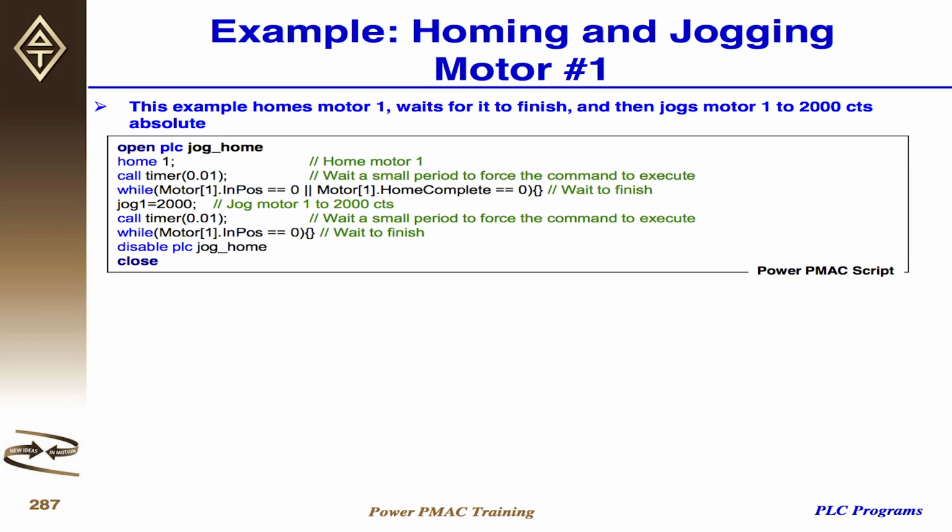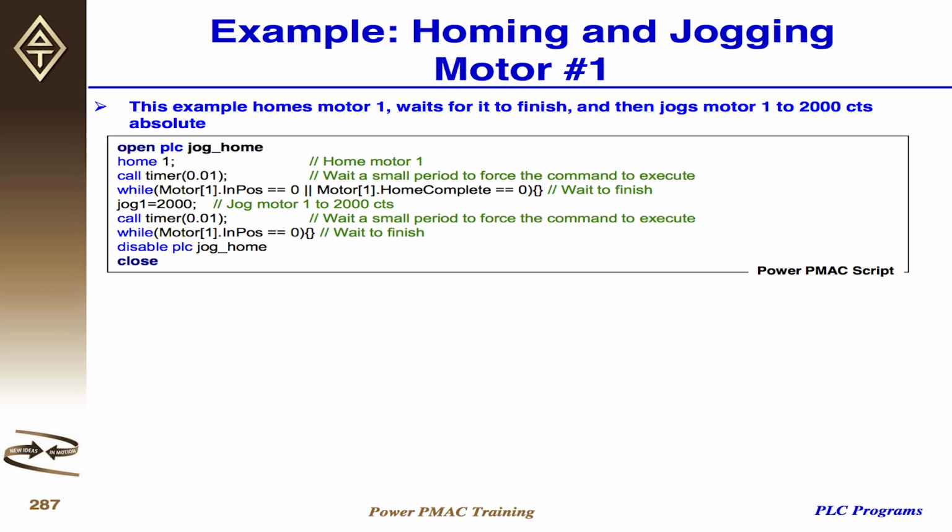So here's an example of homing and jogging motor 1 in a PLC. We've named our PLC jog_home. And within the PLC, we issue home 1 to start homing motor 1. So it'll start looking for a trigger. Now, something very, very important for you to note is I have call timer 0.01 right after home 1. This is really important because